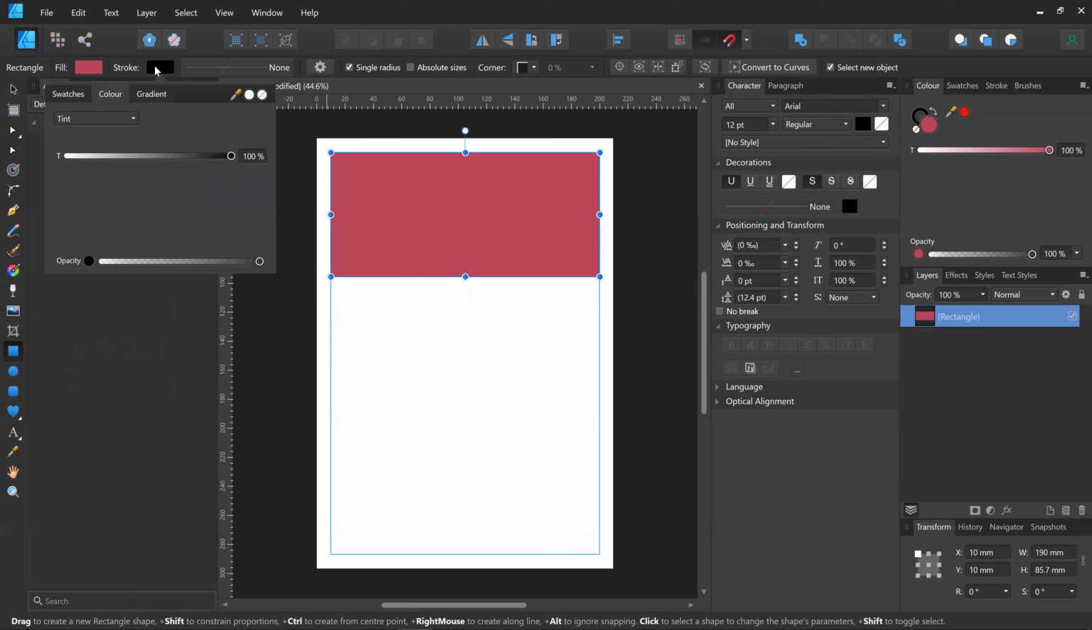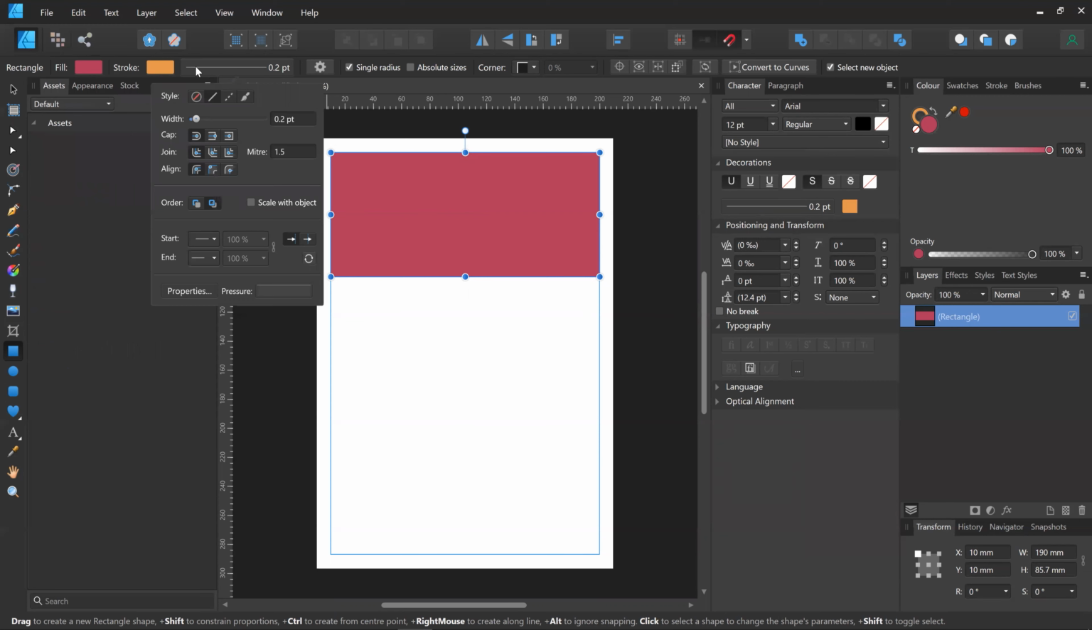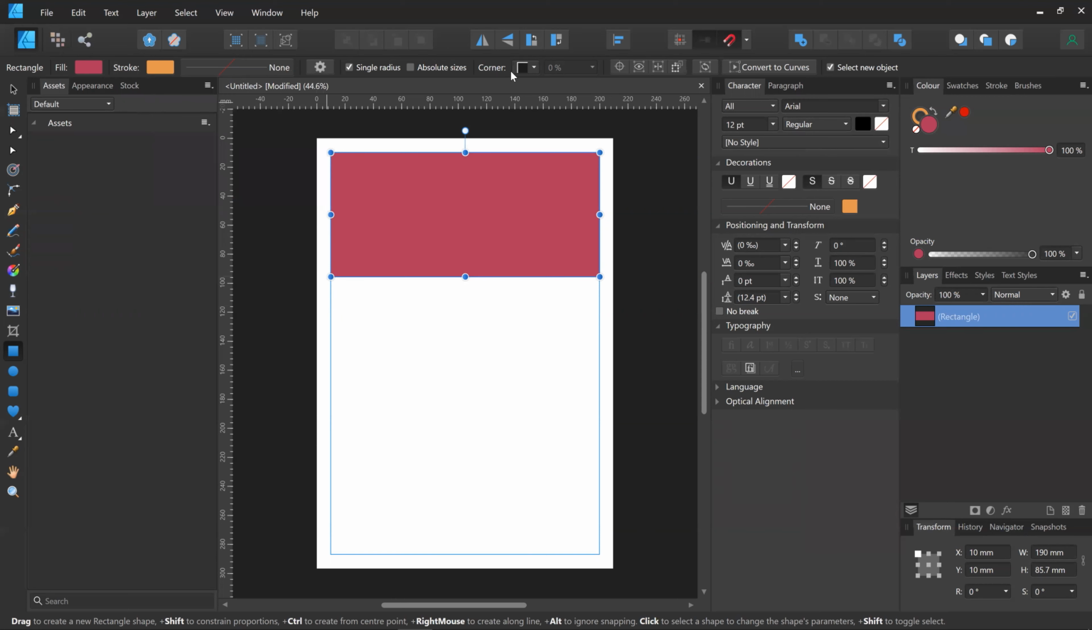And next to the fill color, you'll find a stroke. So if you need a stroke color, let's try, pick the orange. And this is the stroke width. And you can decide if it will be aligned to the center, inside the shape, or outside. You can see it will grow inside the shape or outside the shape. Let's get rid of the stroke and